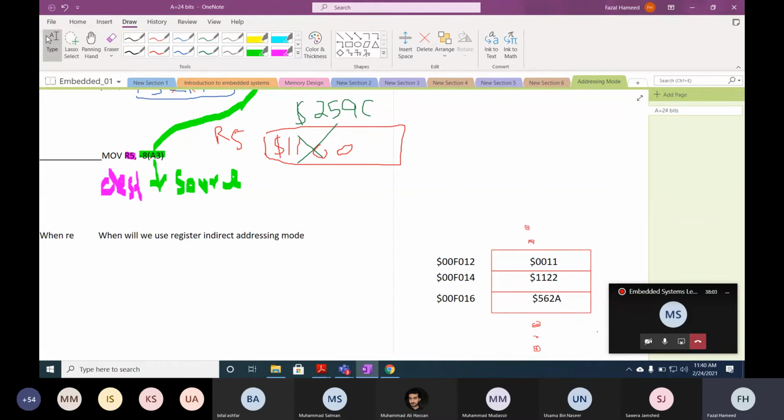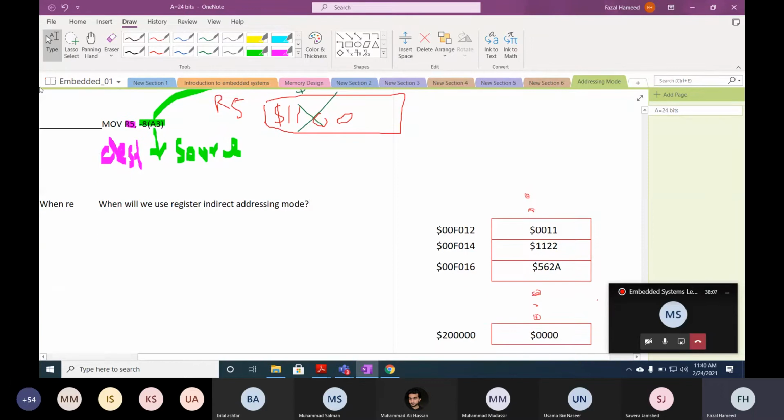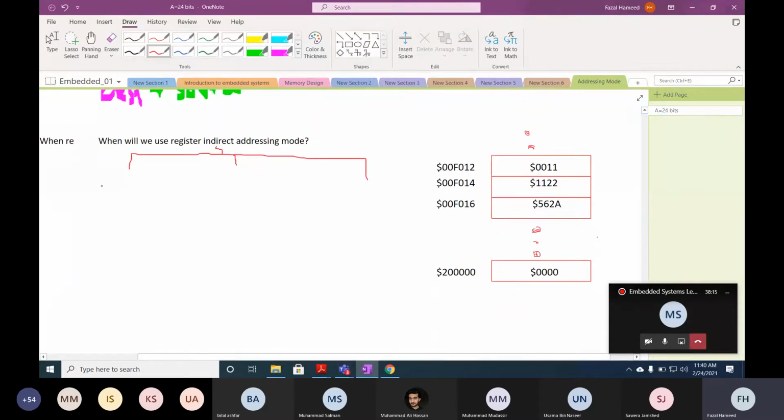There are different scenarios of register indirect addressing mode. There are three variants of register indirect addressing mode. What are these variants? Post increment.